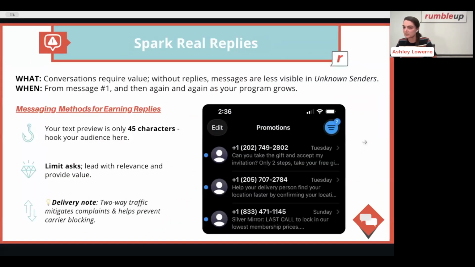First, Thomas mentioned this a little bit, is getting those replies. Conversations and two-way texting has always been a best practice. It's always been super valuable to have those positive inbound responses to your phone number, whether it's short code, 10DLC, or toll-free. So doing this off the bat and incorporating this into your messaging program is super important now more than ever. A few things to note, your text preview is only 45 characters, so make it stick. After those 45 characters, keep your asks concise. Maybe ask for one thing. Prompt a reply message that's simple, easy, frictionless. Again, we want to stress that two-way communication has always been a best practice. It's going to be absolutely essential